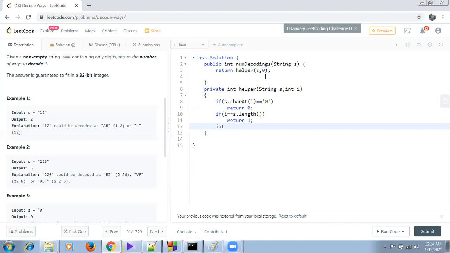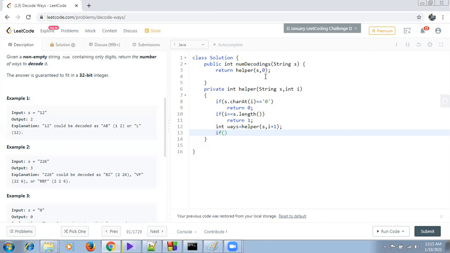Okay, and for the rest of the time we will create int ways, and we recursively call this helper method for the next character. So here we will pass i plus 1 for the next character. Okay, it is checking for a single character, or we have to also check for a two digit character. So what we will do here, we will take a substring for two digits from this string.